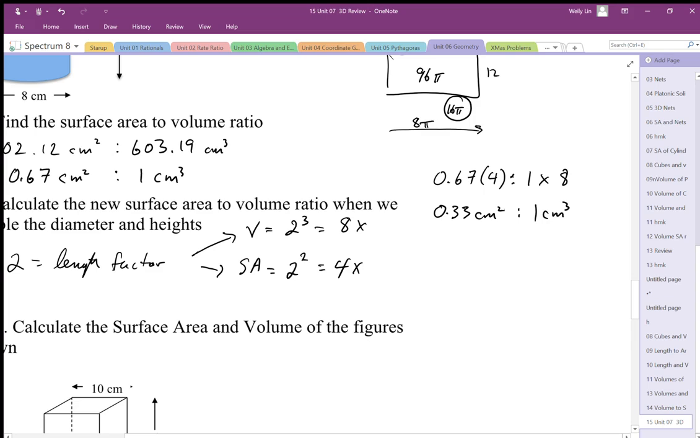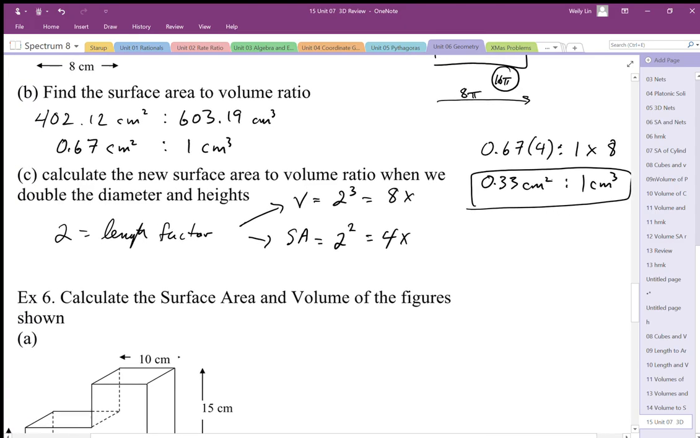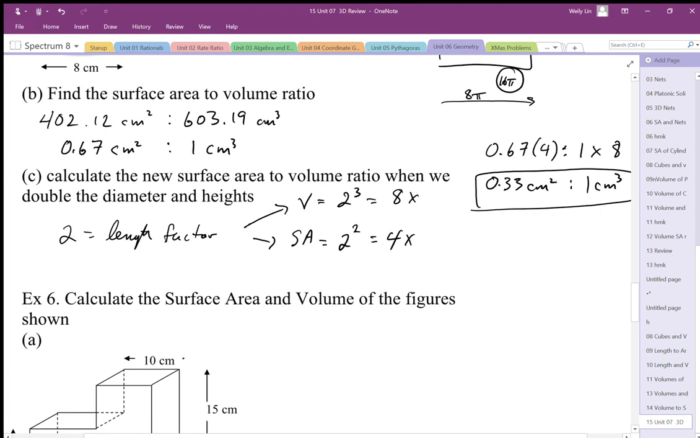Now that's generally what we should expect. As objects get bigger, the more volume gets hidden inside the object, and we have less surface to be able to accommodate that volume. Okay, so that is our new surface area to volume ratio when we double the length, width,